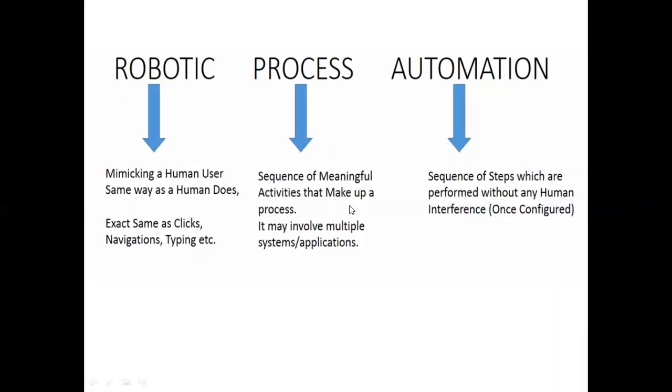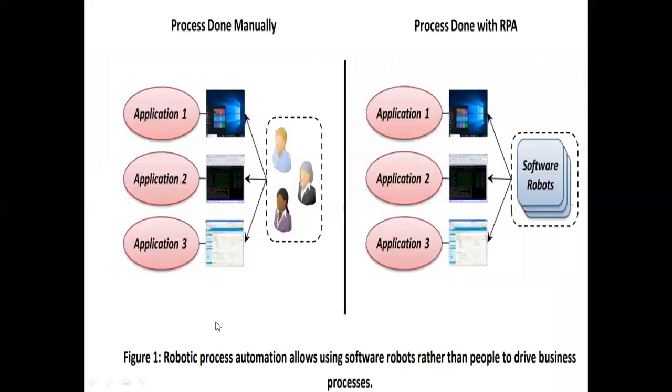Okay, so robotic processing automation. If we look at this diagram, it's going to explain how the process is done manually. Here we have three applications: one is a Windows application, another is a mainframe application or DOS command prompt application, and another is a web application. As we hire an employee, a human workforce, they are going to work with these applications. They'll open the application and try to enter the data manually, whatever they would like to enter. That's called process done manually.